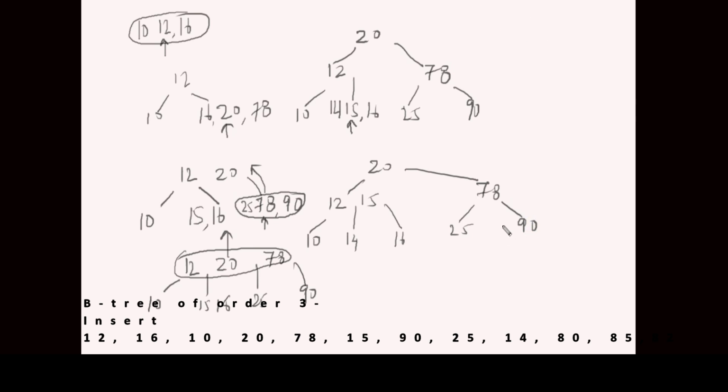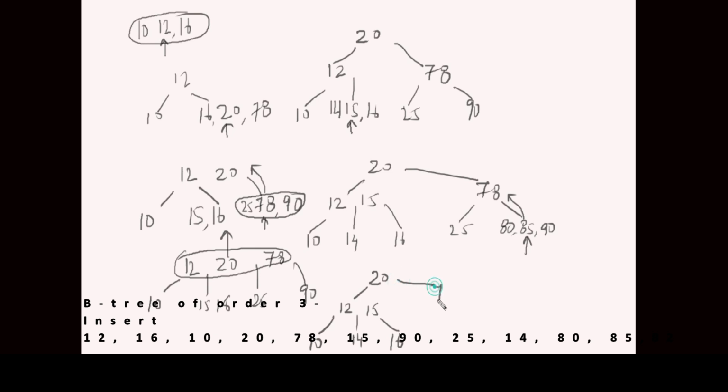And 80. So 80 is going to be inserted here, which does not make any change, means no splitting is required. And then we are doing 85. The moment you do 85, 85 is to be inserted here. So let us make some space to write 85 here. When we write 85 and then 90, so 85 is to be split, means it should go and merge with its parent. So finally what we get is something like this, 20, this is 12, 10, here we have 14, 15,